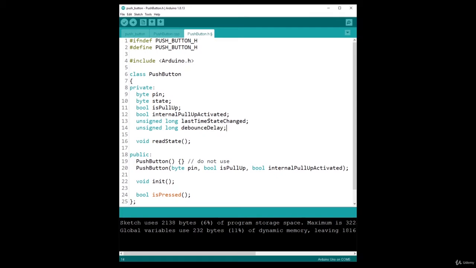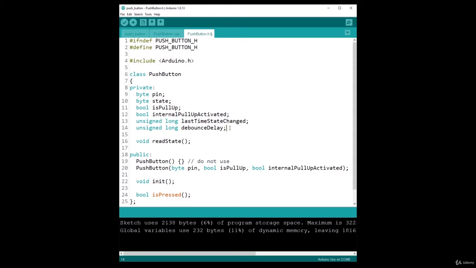So to debounce the button, we need to keep track of when actually the state of the pin changed for the last time. So I create lastTimeStateChanged. And we also need, of course, a debounce delay, okay, to say that, for example, after the state has changed, we want to ignore the following state for, let's say, 50 milliseconds, so that we ignore all the